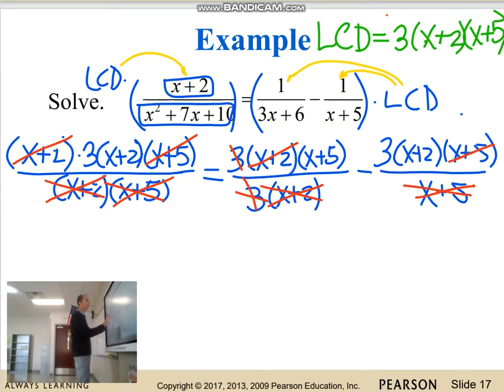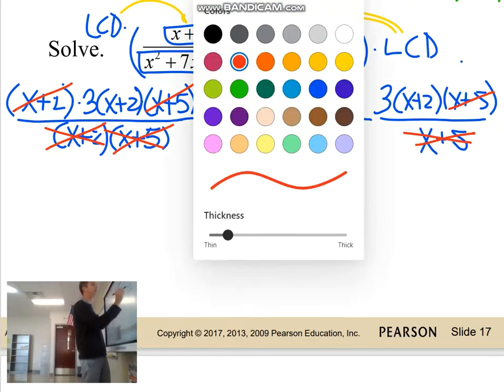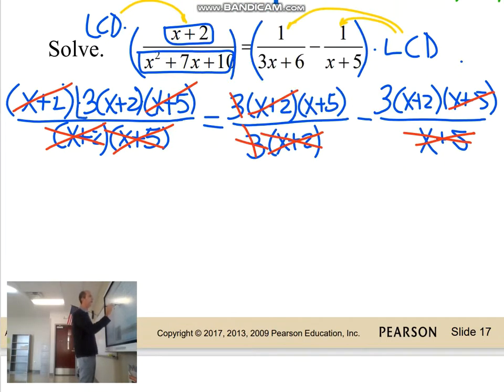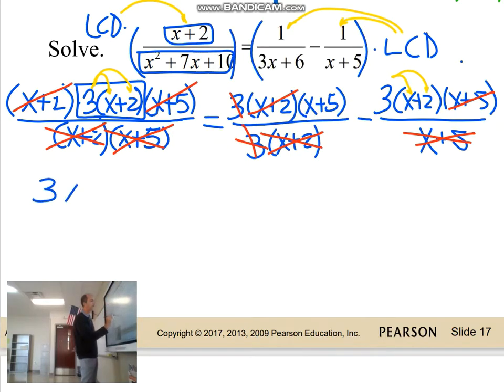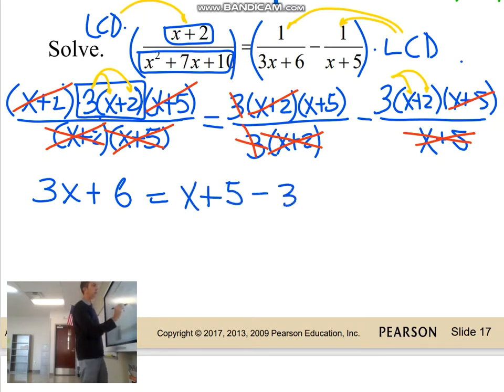See, we check only the numerators to see what's still remaining, and we have here, don't forget to apply distributive property. Don't forget, and here as well, distributive property. So we will have 3 times x plus 3 times 2, 6, equals x plus 5 minus 3 times x minus 6. Okay, all this whole huge